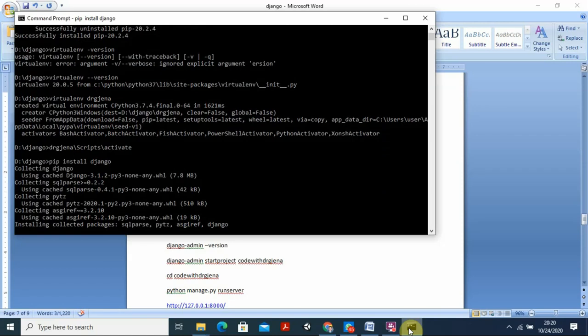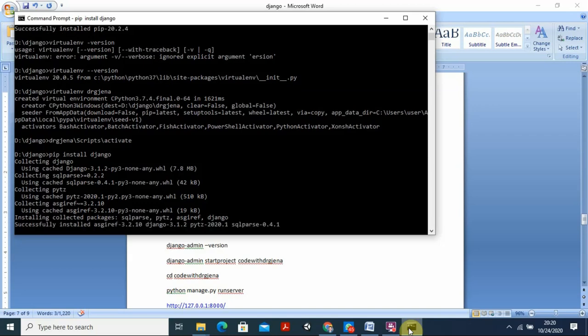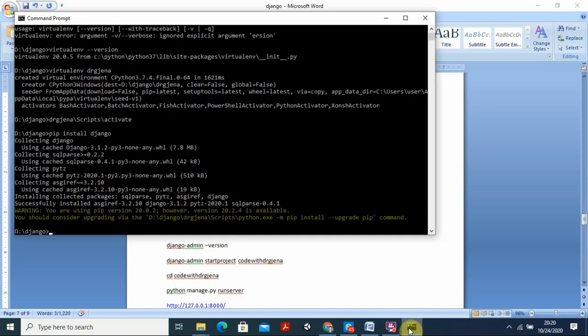So now what is the next we are going to do? If Django is already installed, then we have to check whether Django is installed or not. So for that, you have to check django-admin and version. Yeah, it is still installing. Then for checking whether it is installed or not, we can go for the successfully installed message. Yeah, a number of packages are there. So all the things are successfully installed. So now you have to go for django-admin version.